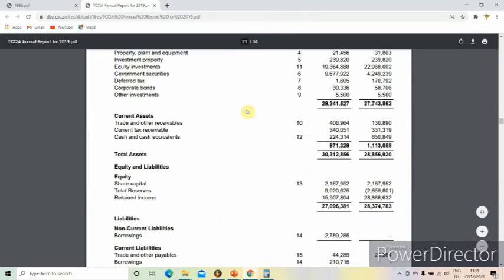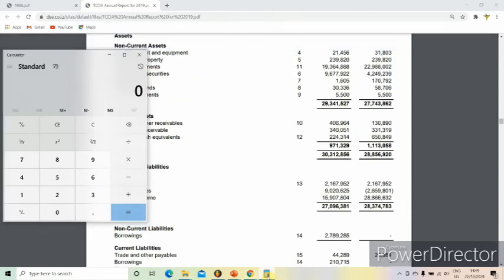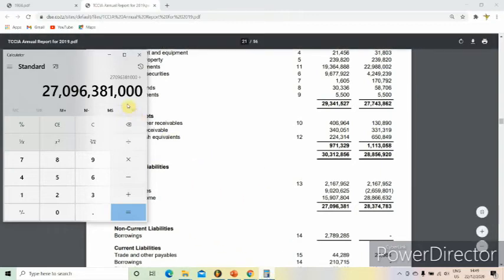From there, we're going to go to the total equity section, of which as of 2019, the total equity was worth 27,096,381,000. So we're just going to pull that out right there, and then we're going to divide that by the total number of shares that are available in